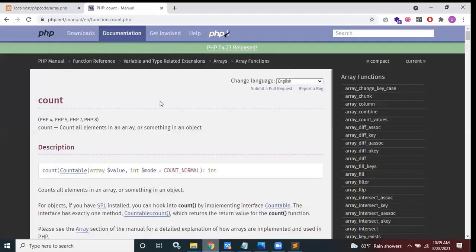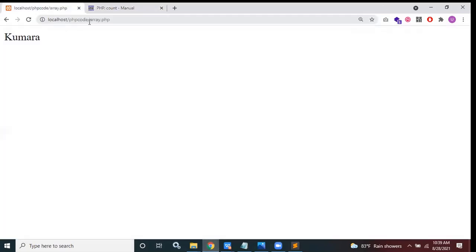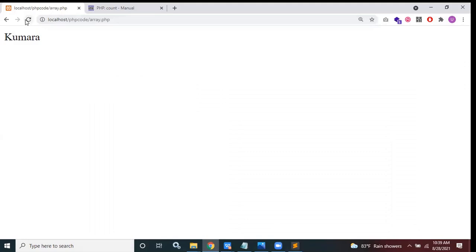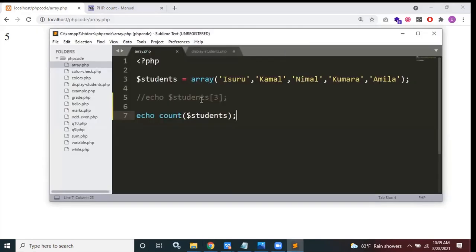I'm going to the browser, and our file name is array.php. If I fetch this, it outputs the number 5. That means the number of elements in our array is 5: 1, 2, 3, 4, 5. There are 5 elements inside the students array. So this we are going to need in this example